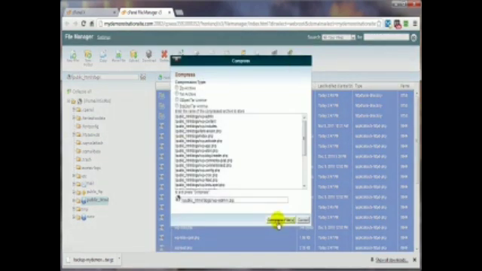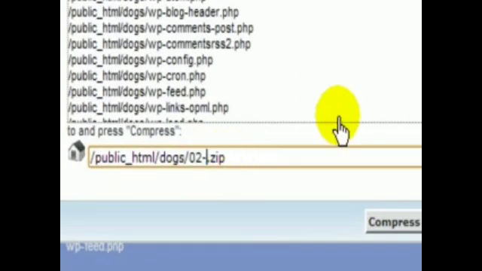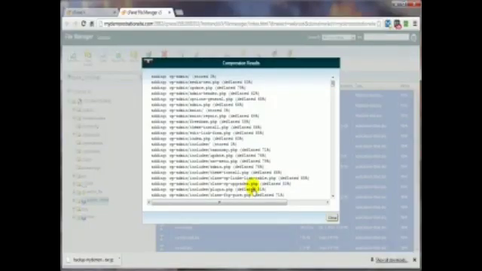Then I'll come on up here and click on Compress. Click on Compress Files. Actually, I would want to give it a name, like, for example, the date, and then maybe tell me what it is. That way I've got the date and the fact that it's a WordPress site and the name of that particular WordPress site, so I know what it is. And then I would simply compress the files, and it's not going to do any harm to the site itself,